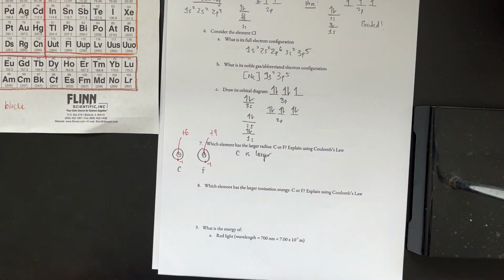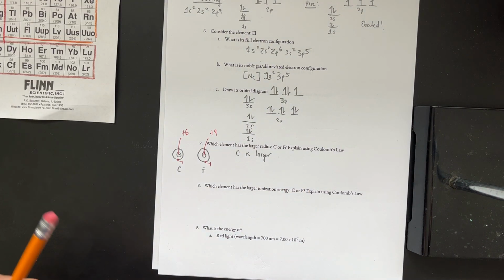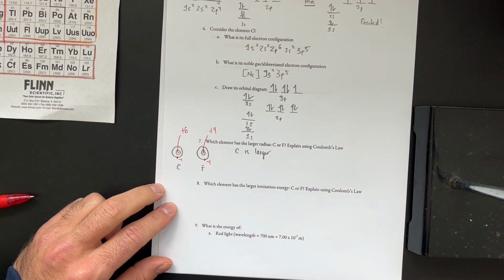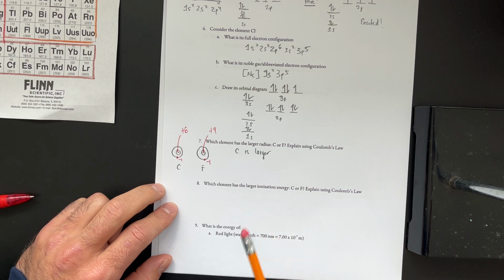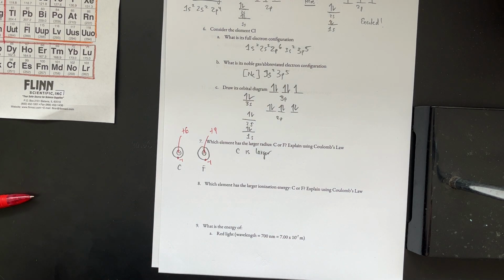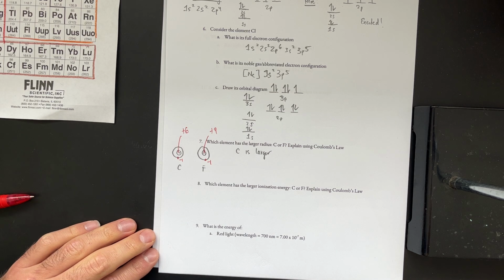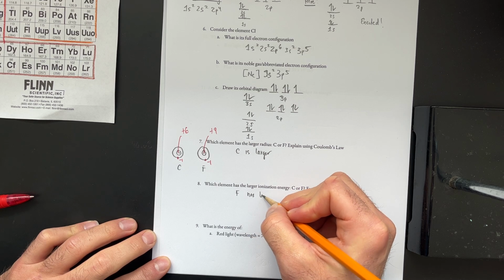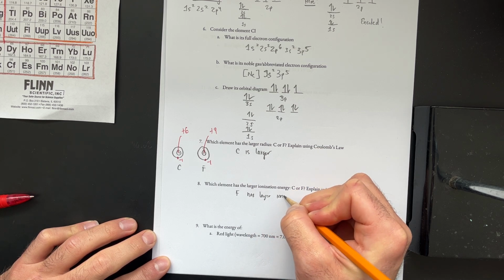And so I'll write out a full explanation for your key. But yeah, it's going to be C. C is going to be larger. It's going to have a larger radius. Cool. Okay. Similarly, ionization energy is actually just flipped. And so which one has the larger ionization energy? It's always going to be the smaller element that has a larger ionization energy. And so F has larger ionization energy because remember,